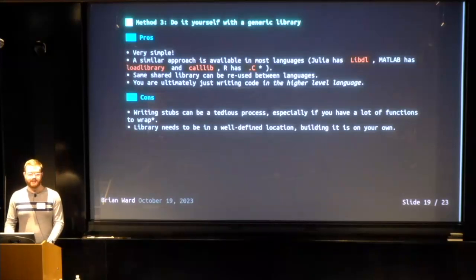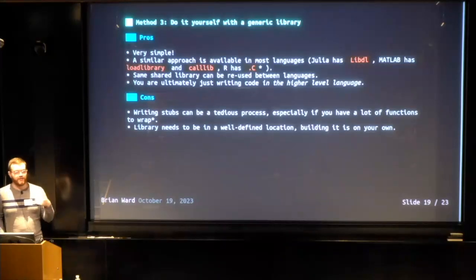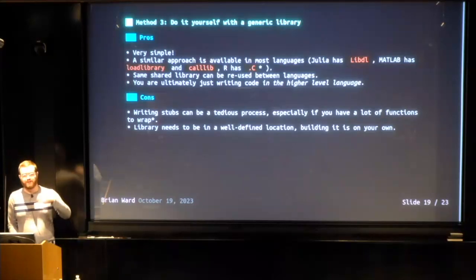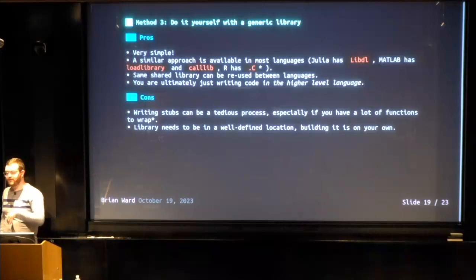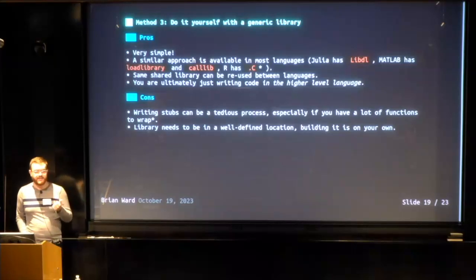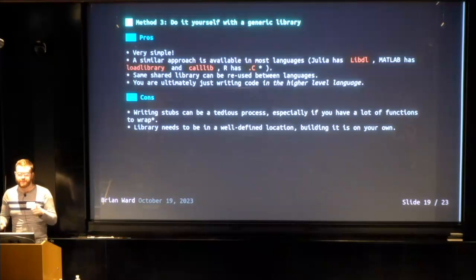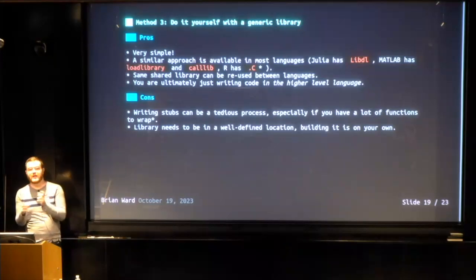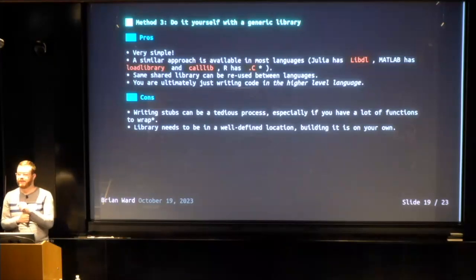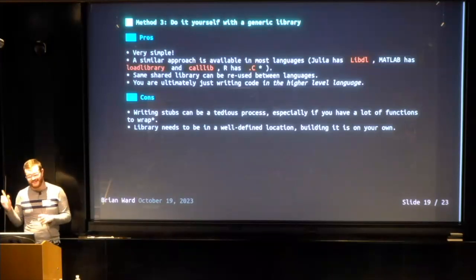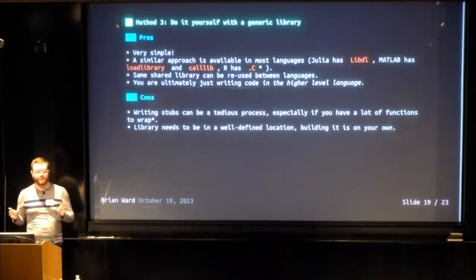Some cons are that, especially, I just had one function here. You can imagine if I had 30, then telling Python all of their names and all of their argument types and all of the return types is both kind of tedious and also a place where it'd be really easy to get something wrong. So if I just swap the order of 2 things, depending on what I do, maybe now I'm passing an integer, but it's being interpreted as a 64-bit floating point number, and you have to sort of check that later. I'll mention in a bit, there are some tools to sort of automate some of this